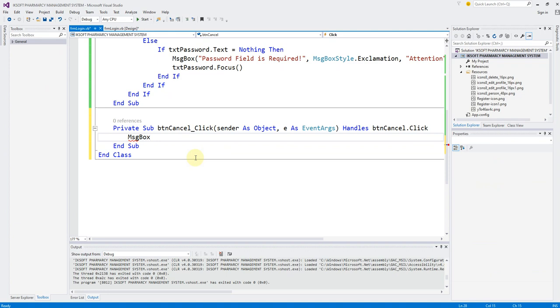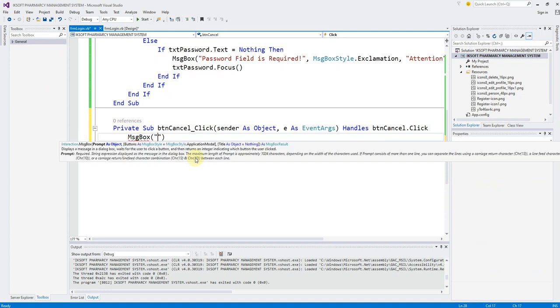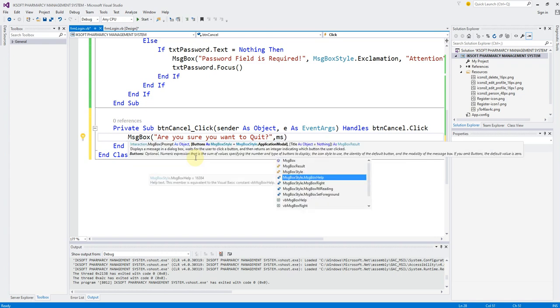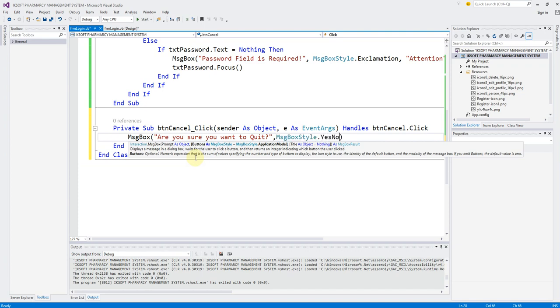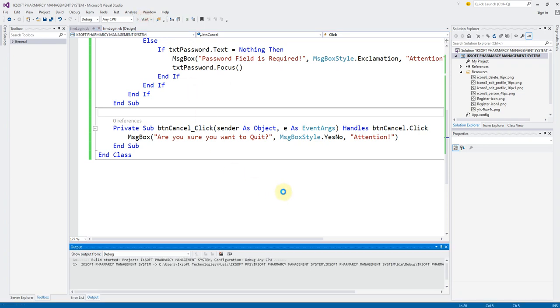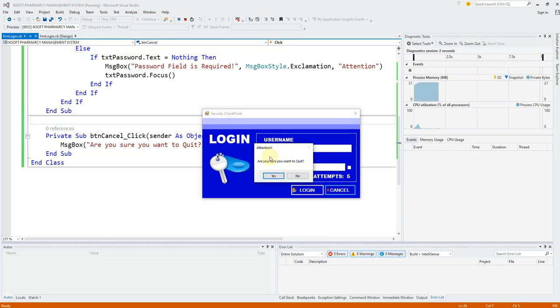Let's say message box, and this time we're just going to say, "Are you sure you want to quit?" And we're just going to use a message box style dot yes or no, and we're just going to add a header, "Attention", right? Okay, so what this does is whenever I click on this cancel, it's going to pop up this